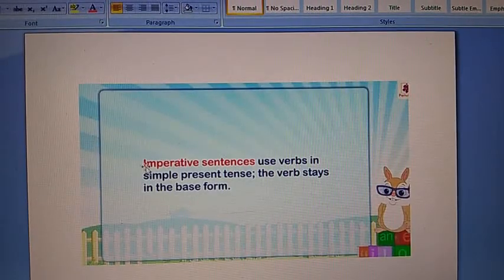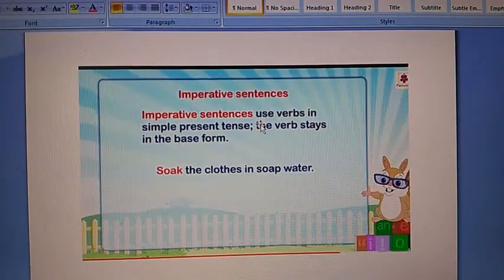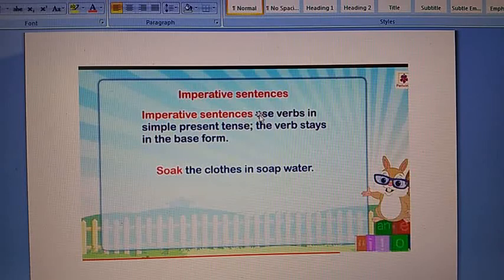You have studied already about the imperative sentences. Imperative sentences use verbs in simple present tense. The verb stays in the base form. So imperative sentences use verbs